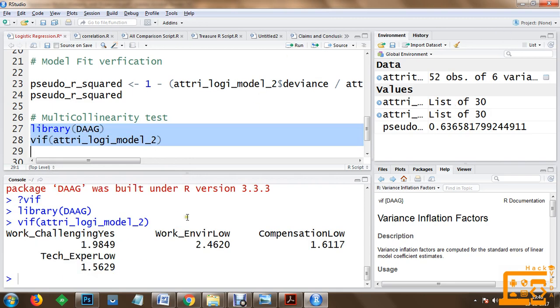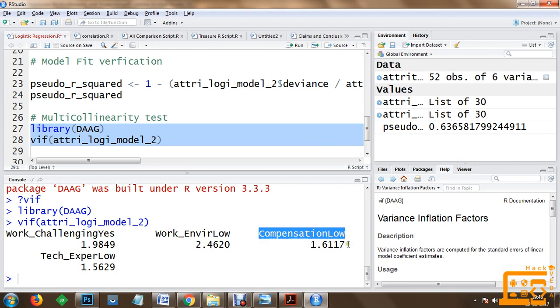As soon as we execute the statements, we can see that we are getting a coefficient for work challenging which has a value of 1.9849. This means it's not suffering from multicollinearity. Work environment is also not suffering, because we consider that the variables available in the data set are suffering from multicollinearity if the variance inflation factor value is more than 5.